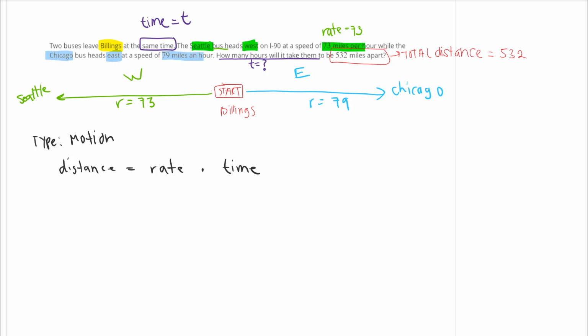So I'm just going to modify that equation just a little bit since we are talking about two different buses. So the distance between both buses would be equal to that first bus. So let's call this the Seattle bus,